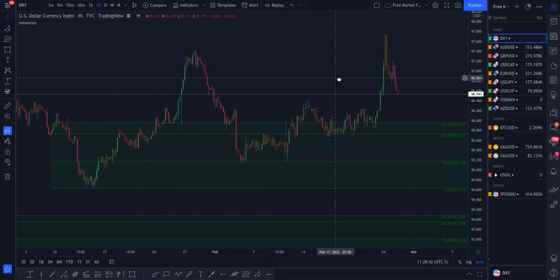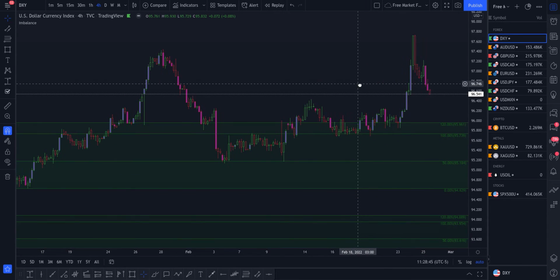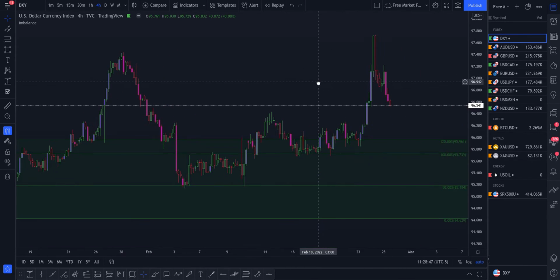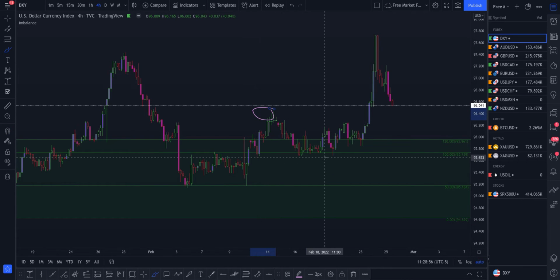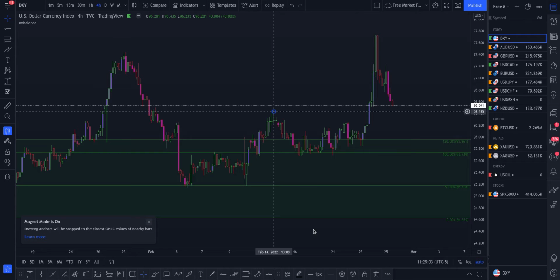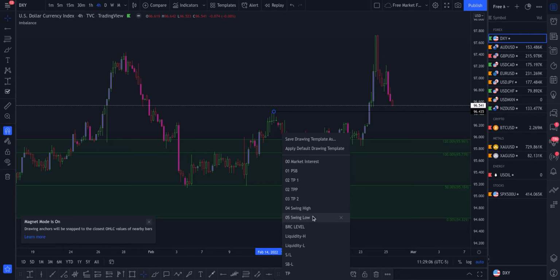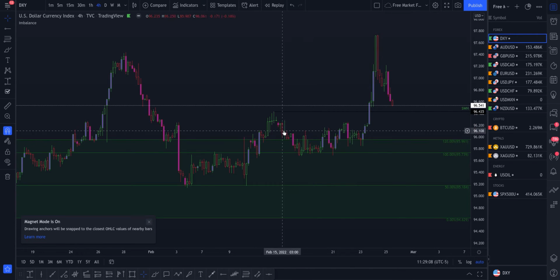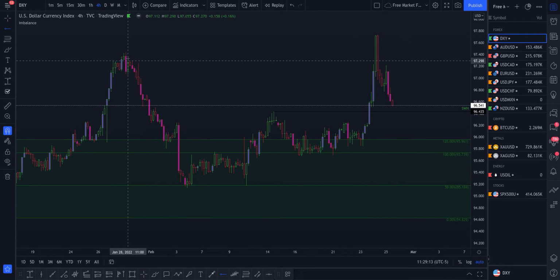Let's take a look at a more zoomed in price action. We do see where we've had this high to be taken out. Let's take off this magnet, but we do see where this high here has been taken out. Maybe if I do it this way, let's grab that. Let's make that a swing high. All right, so this swing high has been taken out, as well as this swing high that has been taken